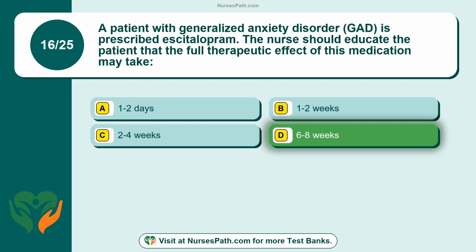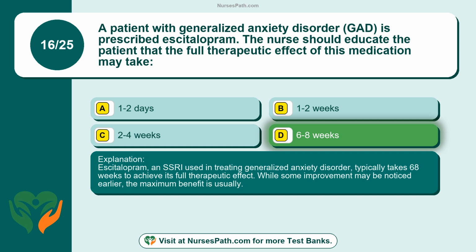6 to 8 weeks. Escitalopram, an SSRI used in treating generalized anxiety disorder, typically takes 6 to 8 weeks to achieve its full therapeutic effect. While some improvement may be noticed earlier, the maximum benefit is usually